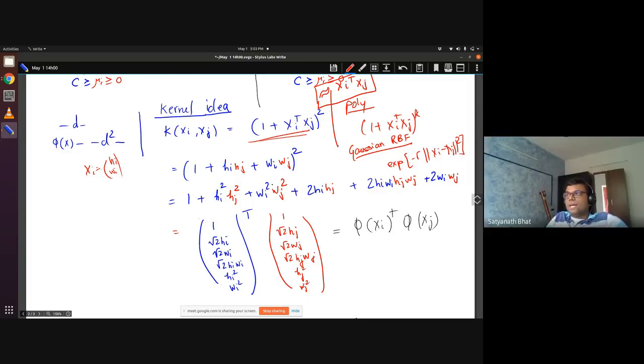In that sense, this is very cheap. But if you try to compute H1, W1, Hi, Wi, all of these cross terms for every training sample, for every phi of xi, it will take a lot of time to first get this, and then you have to multiply them. That becomes much more expensive. The cost of k of xi, xj is of order d, d being the dimension of your data. Whereas if I do phi of xi transpose phi of xj, the cost is of order d square, because I have to compute this for every training sample and then multiply, correct?